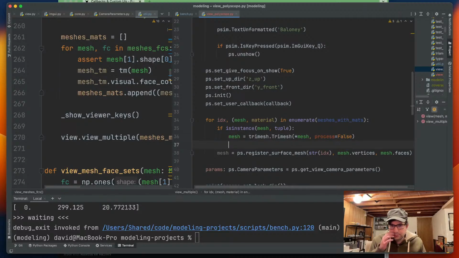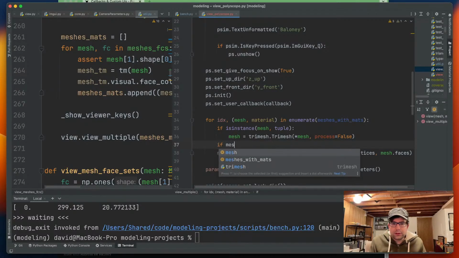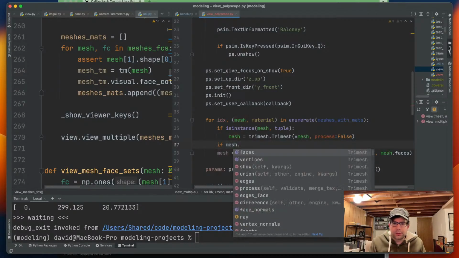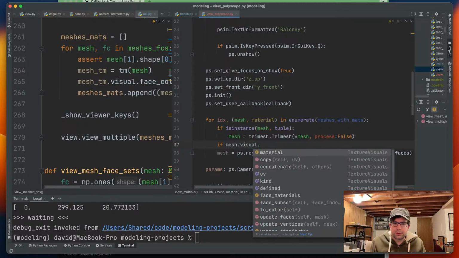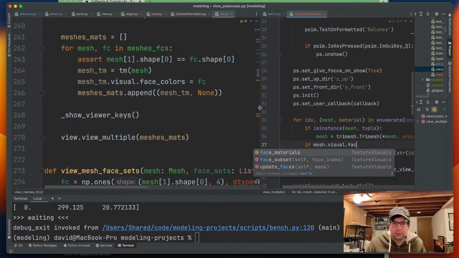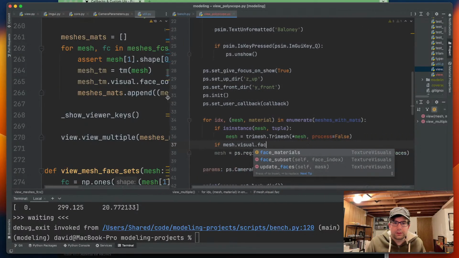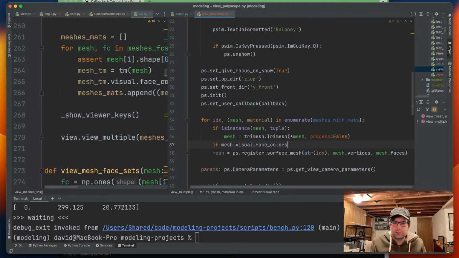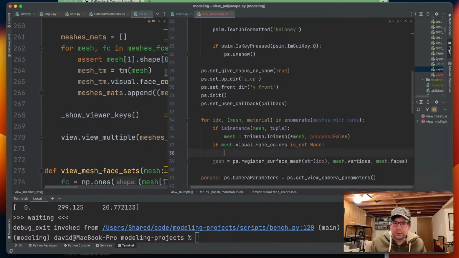So if mesh.visual.face_colors is none, then we're gonna say